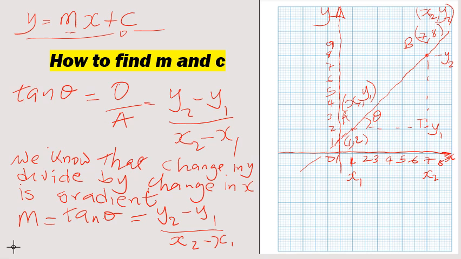Okay, it's simple. You will see that our line is cutting y here. There, where it's cutting y, x is equal to 0. You can say at y-intercept